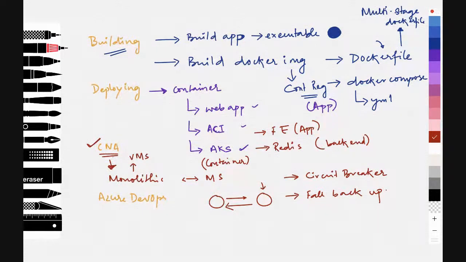Cloud native means managing them in a better way, thinking about all failure scenarios, handling all the failures, and making sure that in case it's failing, we know how to handle that. So that's the reason circuit breaker means we would break the circuit if someone's not responding. Fallback means if this is not responding, what else can I do to handle that situation? Those things can be handled in a cloud native way.